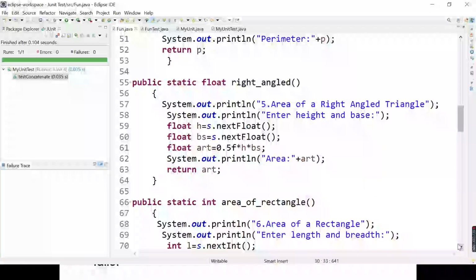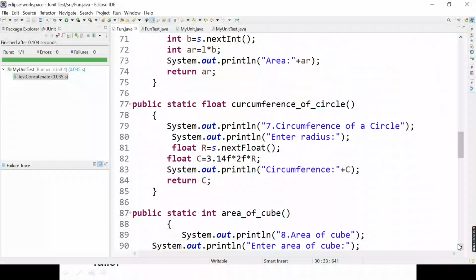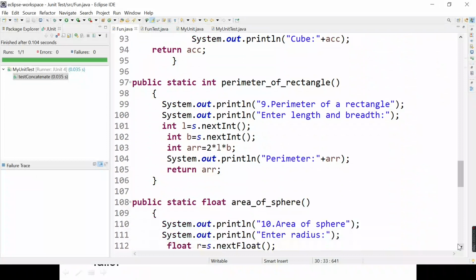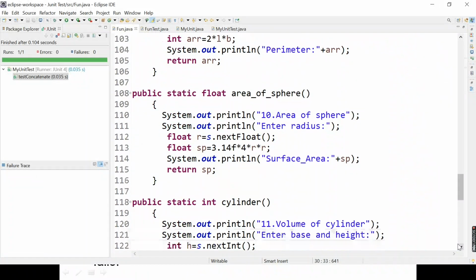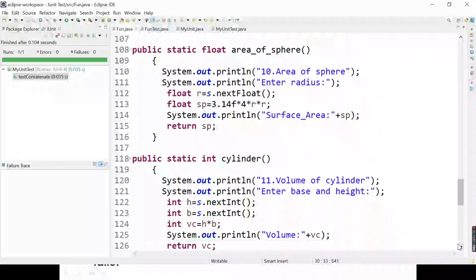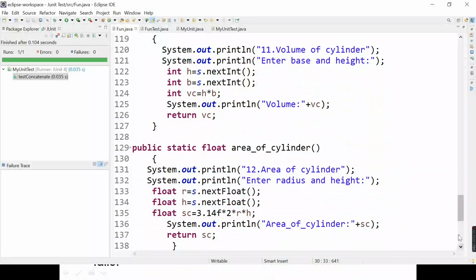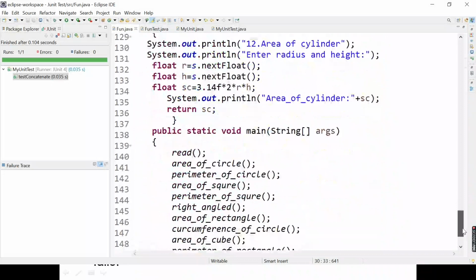Then we have area of right angle triangle, area of rectangle, circumference of the circle, area of cube, perimeter of the rectangle, area of sphere, then cylinder, volume of cylinder and area of cylinder. So these many functions we have.